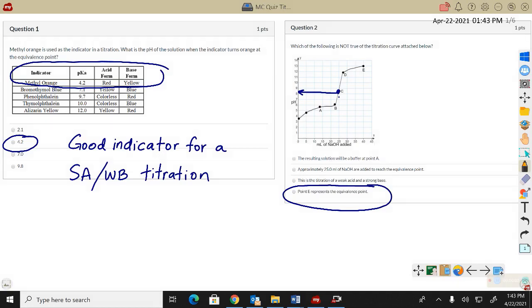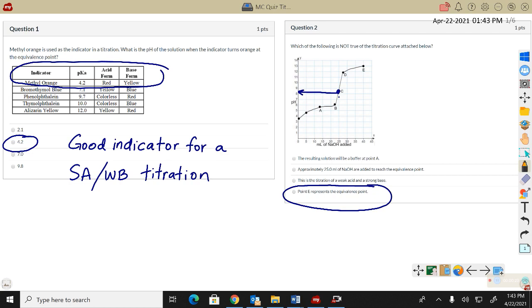Here's some practice multiple choice questions on titrations. In the first, it says methyl orange is used as an indicator in a titration. What is the pH of the solution when the indicator turns orange at the equivalence point? So methyl orange will be red in an acid, yellow in the base, and right in the middle is its